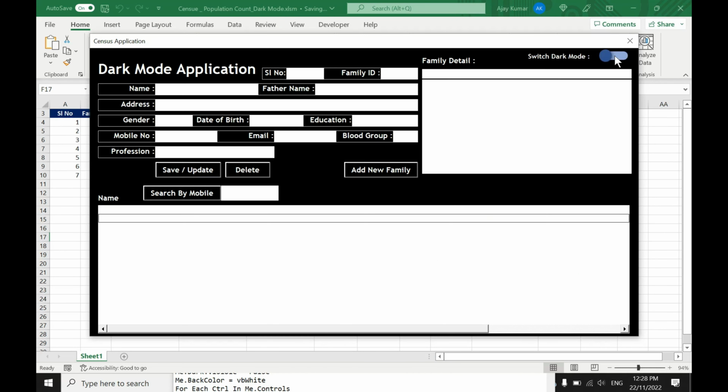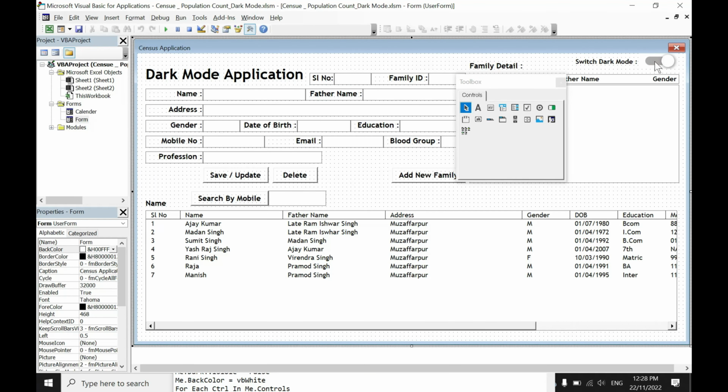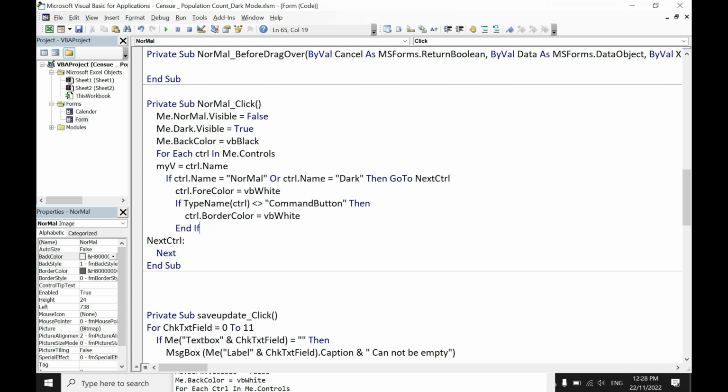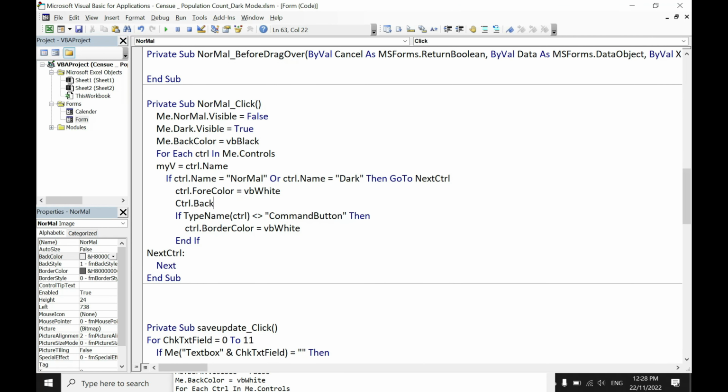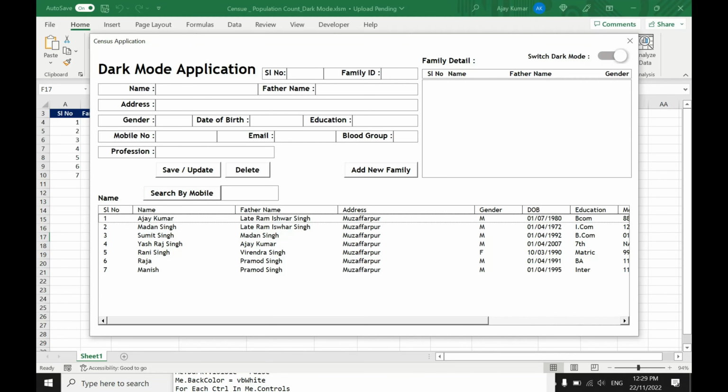Now when I click on this, see, all your buttons have changed, but we also need to change this text box and list box back color to gray, right? You can also change it simply to black. So what I will do, I will just click on this and write there control.BackColor equal to BB black, because I just want to see the back color in the black mode.